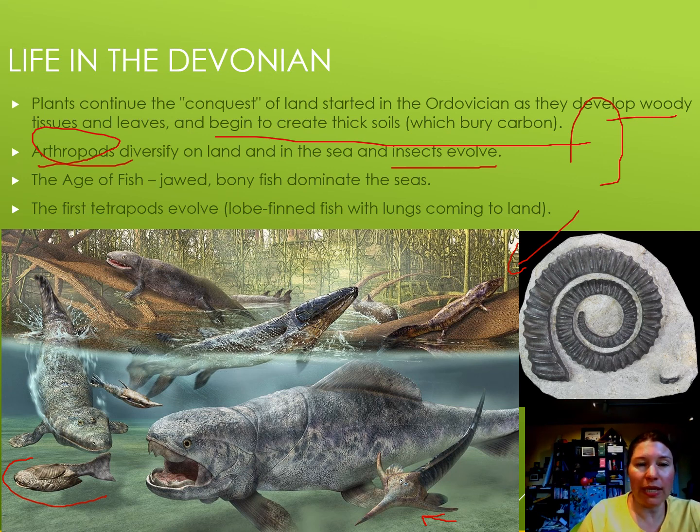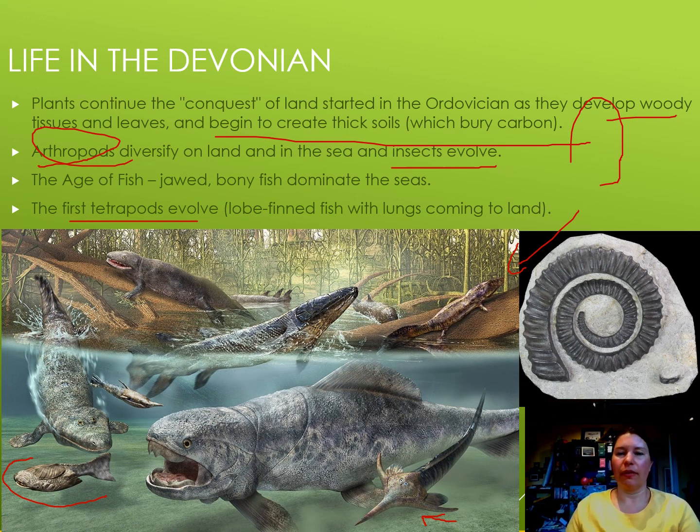Then, what's happening that's very special to us, the first tetrapods evolve. So we have a picture here of Tiktaalik. This looks like Ichthyostega. Anyway, you don't need to worry about what those guys are, but tetrapods are all the four-legged animals. They don't all have four legs. We're a tetrapod, for instance.